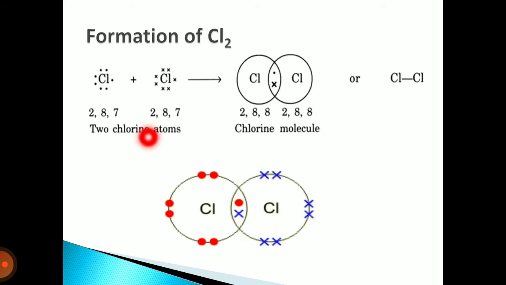In this electron dot and cross formula, 2 chlorine atoms are shown with 7 valence electrons. Then each chlorine atom contributes its 1 unpaired electron during the formation of the Cl2 molecule, and they both share a single pair of electrons between them, so that a Cl-Cl single covalent bond is formed between the 2 combining chlorine atoms. And thus, by sharing this one pair of electrons, which becomes a common property of both these chlorine atoms, they acquire their octet and become stable.